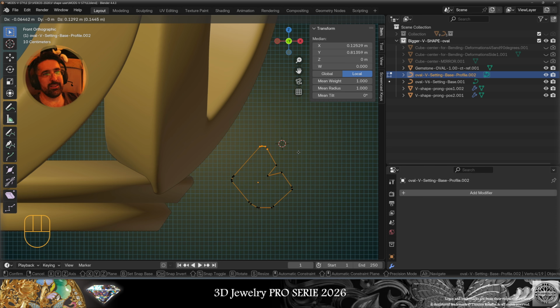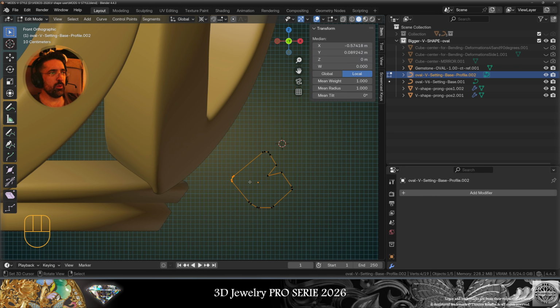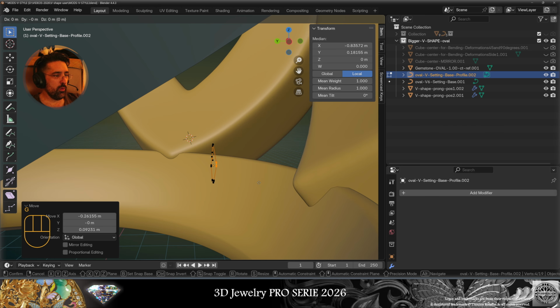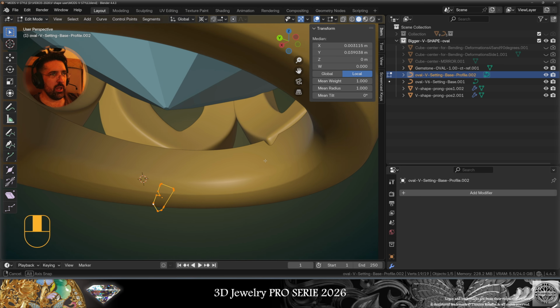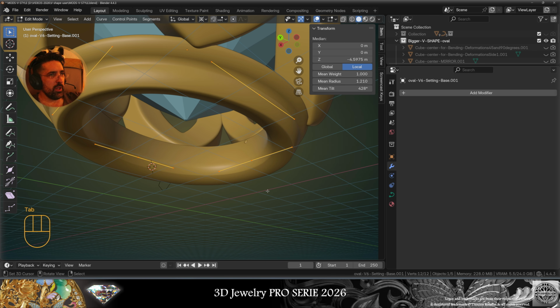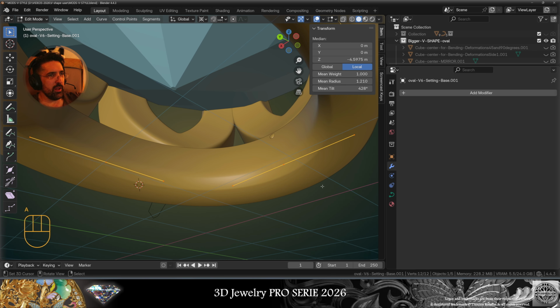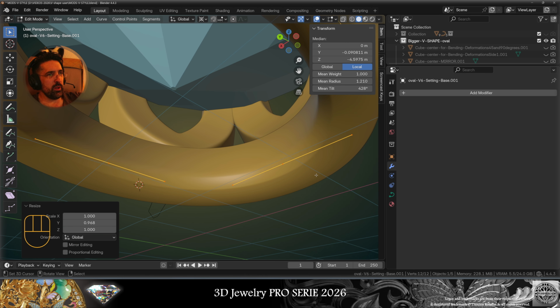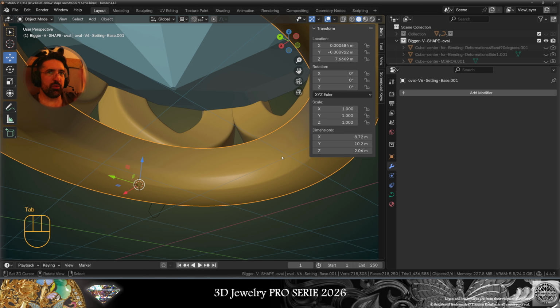These are the side vertices. Let's try these ones. Nope. Let's try these ones, and these are the vertices making the contact with the back of the prongs. Now here move on the x-axis. Now for the tip of that prong, take the base, go to edit mode, select everything and scale on the y-axis. That's a very small detail there, but I don't want the prong to come out of the base like